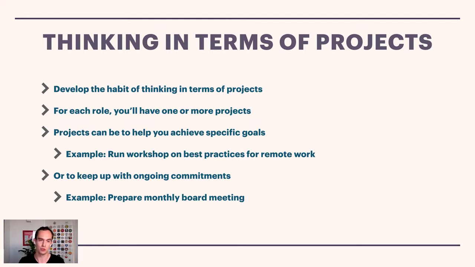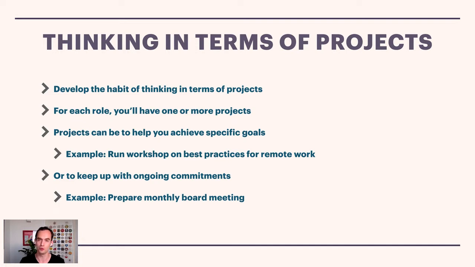Really important that you think in terms of projects. So when it comes to task management, what are the 2 basic units of task management? They're tasks and projects. Those are the 2 basic units of things that we have. There are things like goals, right? And you might think that those have to do with task management, but something like a goal is a bit further removed from your task management, or something like your values, your principles, your life purpose. Those things also are further removed from your task manager. That's not really a day-to-day thing.